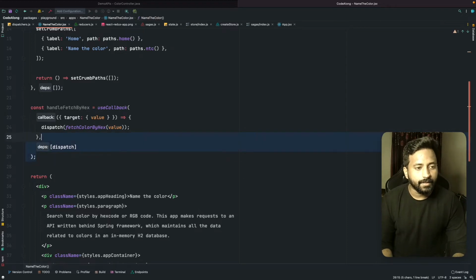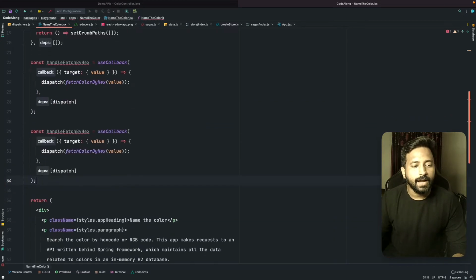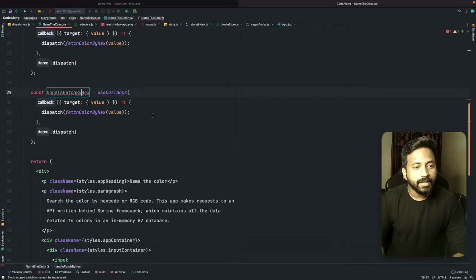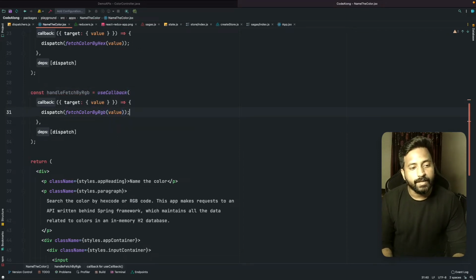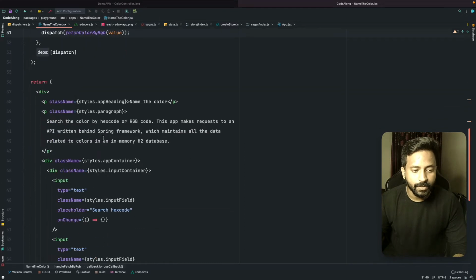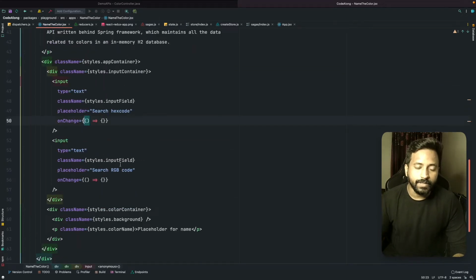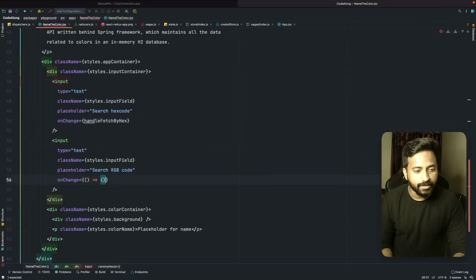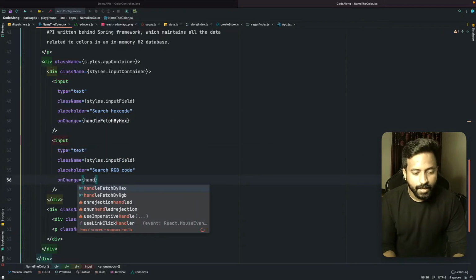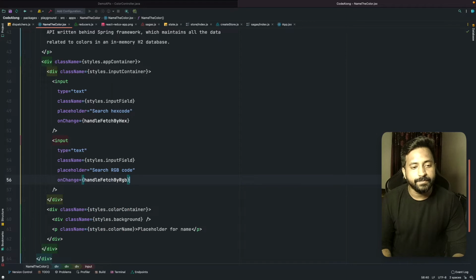Okay, and we need to do the similar thing for const handleFetchByRGB, and this will be RGB, and whatever the value over here is going to be the RGB value. Now instead of the noop over here, we will change it to handleFetchByHex, and similarly we will have handleFetchByRGB.